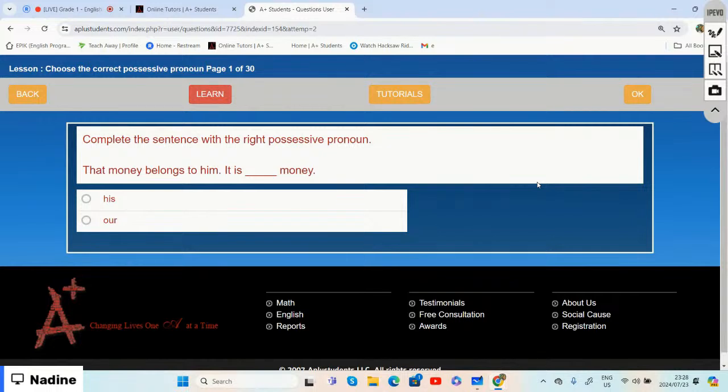So we can say, if we were to complete the sentence with the right possessive pronoun, then we can say, that money belongs to him. If the money belongs to him,